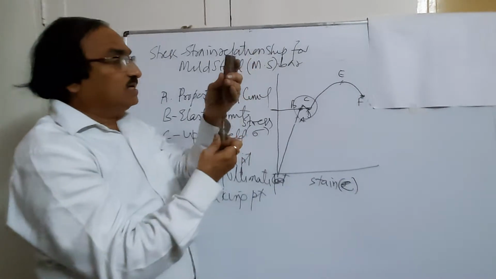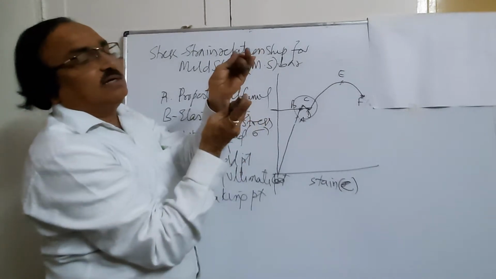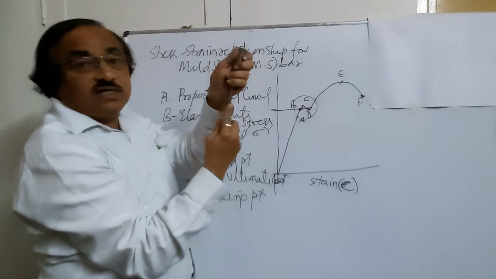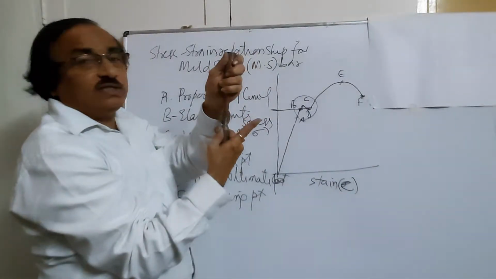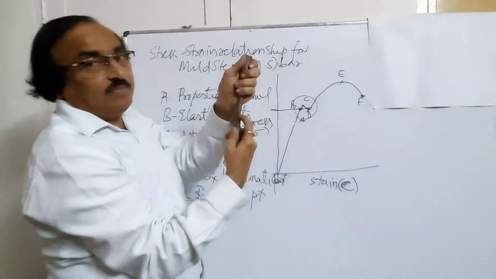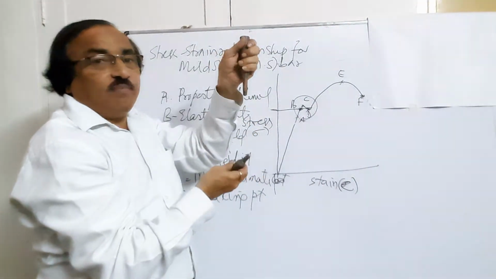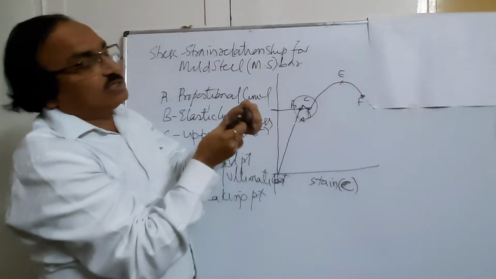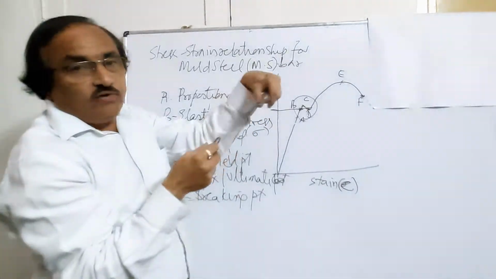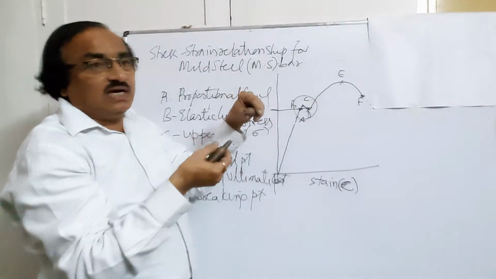Another specialty you see is that when the maximum load is attained, the cross section, this diameter, gets reduced. This is the original diameter, and it is getting reduced here. So there is a reduction in the area. This is the original diameter, this is the final diameter. The diameter decreases, then it will break into two pieces. The specialty of a mild steel bar is that it breaks in the form of a cup and cone. See, this cup and cone, or a neck, is formed where it will break into two pieces. So in the case of mild steel, yielding will take place without increasing the load.